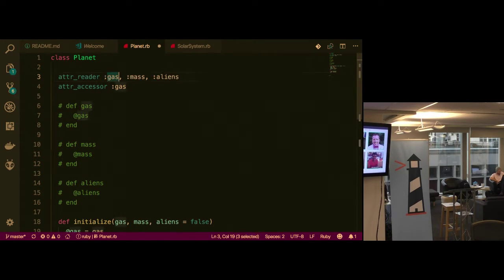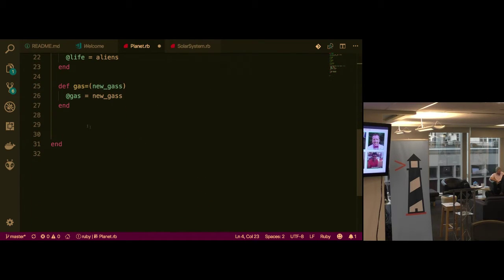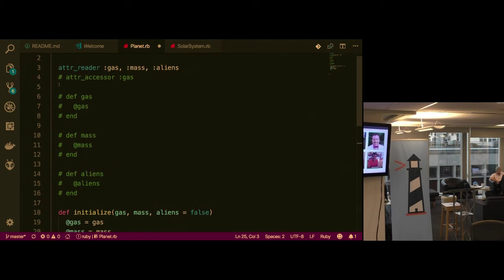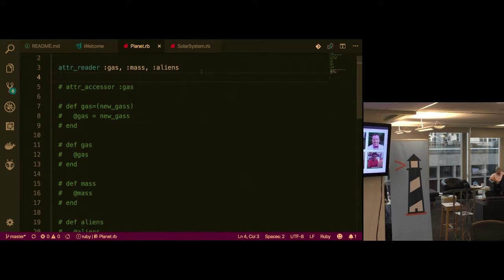Okay, everyone seems like they already knew that, so that's good. I don't want to do this though. I don't just want to make this writable. That just seems wrong. You shouldn't be able to just set gas to whatever you want willy-nilly. But that would do that. Instead, how should we restrict what people can set gas to? Maybe it can change, maybe it can get worse or better, but it can't just completely change. What do you think?